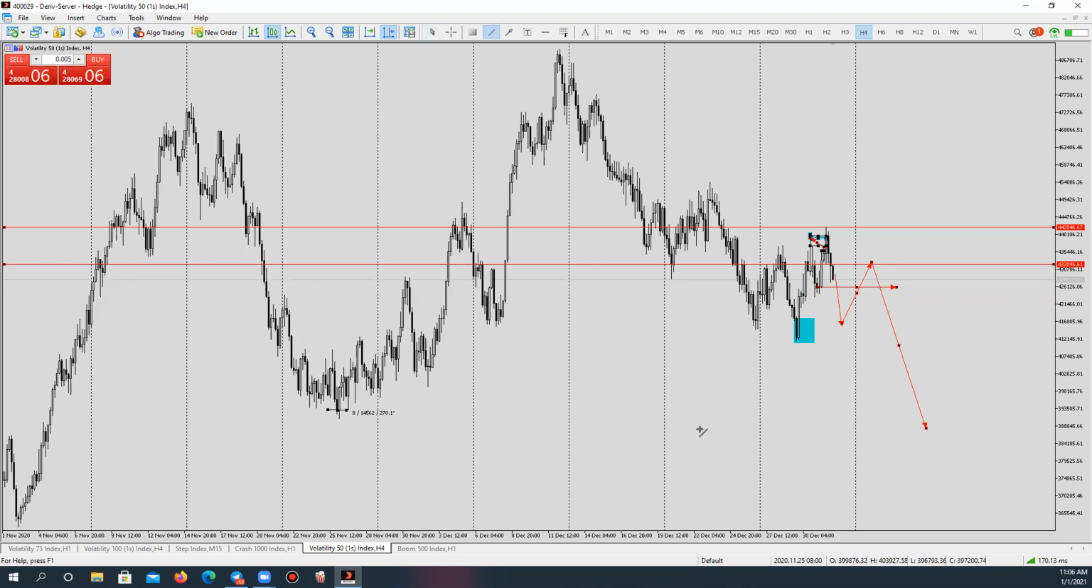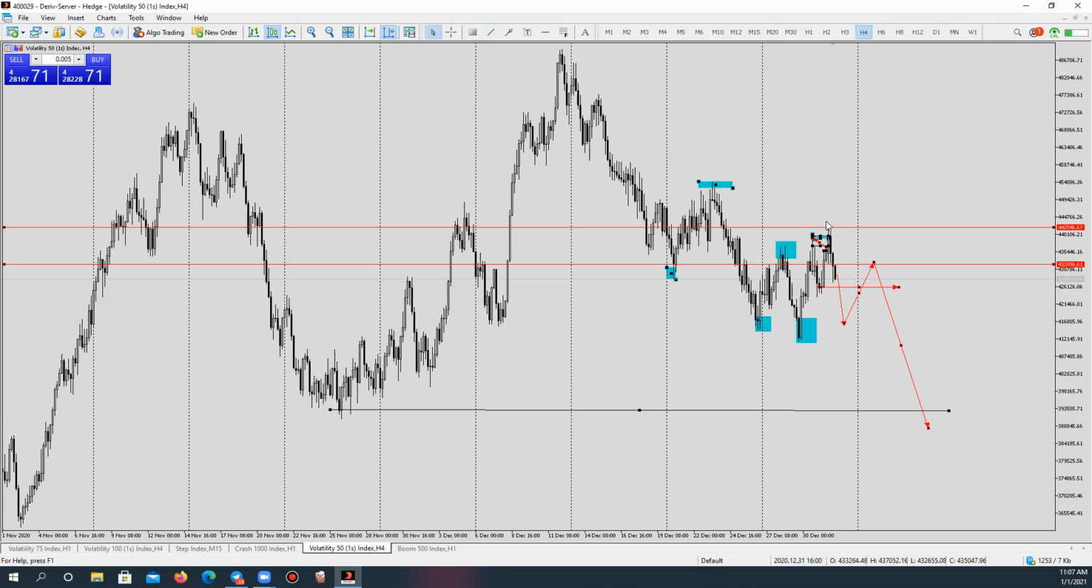Then I'll target all these low points. This is what I'll do. So I'll target those low points. Because if you check properly, we are following structure. We are busy following structure. But another thing is that because they break this area here,